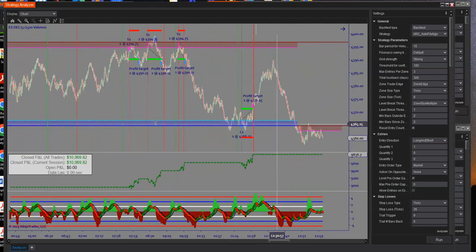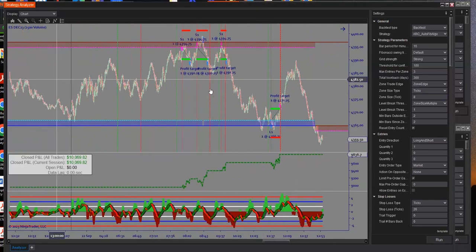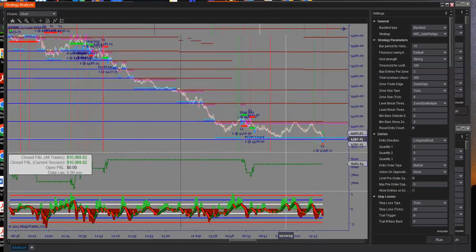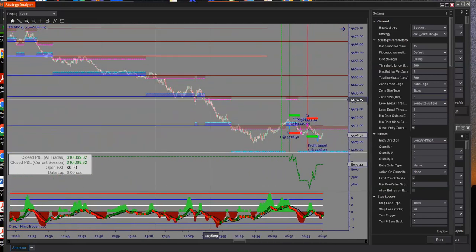Now you may not want to trade this long, right? We're going down, we're taking out multiple levels of structure. You could turn that off. But if you let the algo do what it's supposed to do, it's trading the 15-minute levels without issues, right? In a strong trending day, take a look at this. Let's just do this for a second.